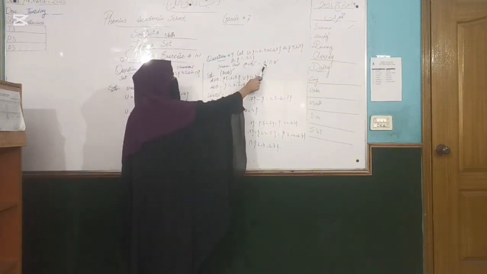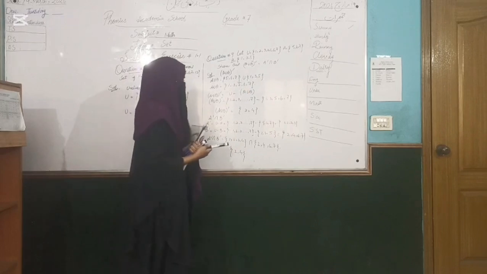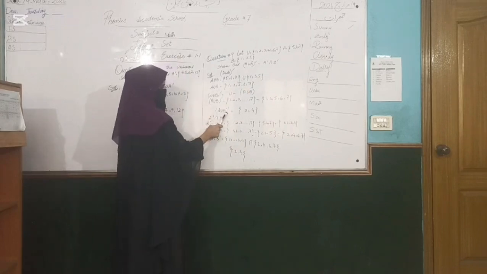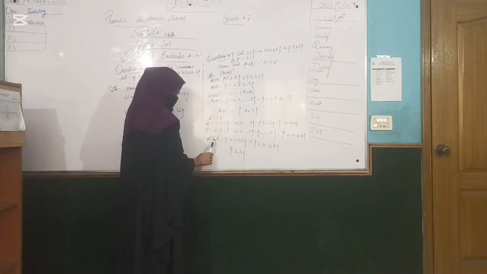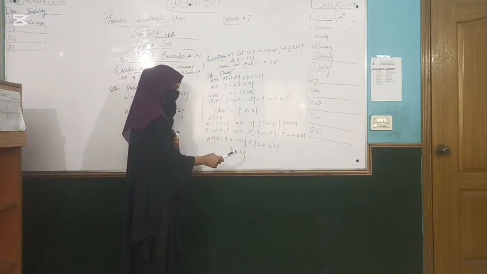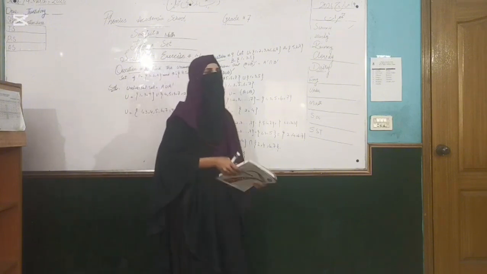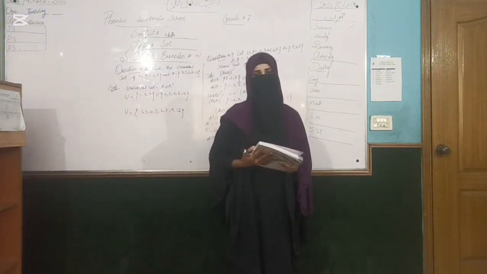So the left and right hand sides are equal, because (A union B) universal is equal to {2, 4} and A universal intersection B universal is equal to {2, 4}. So it is proved that both sides are equal to each other.